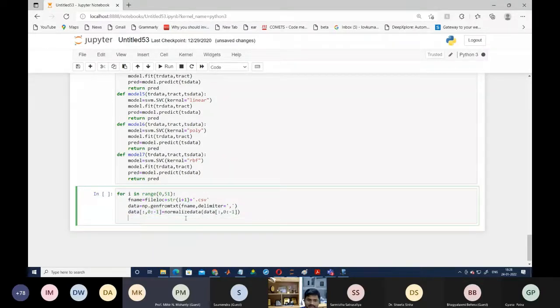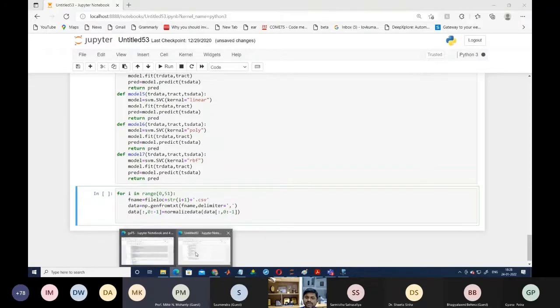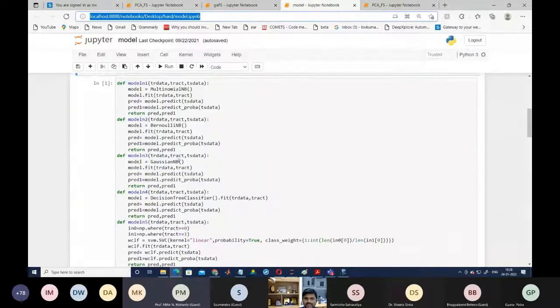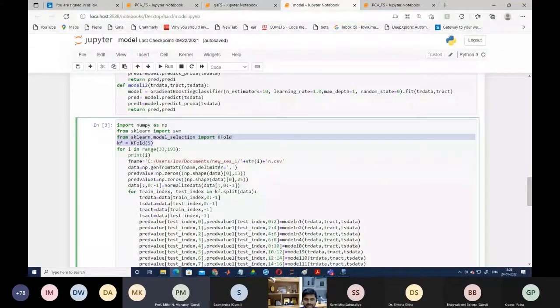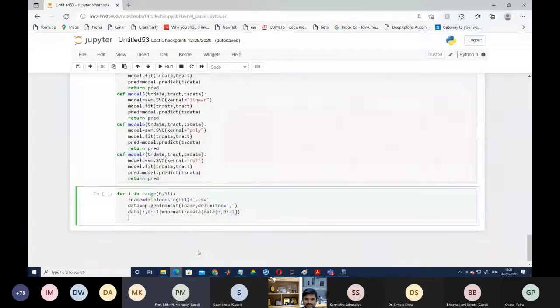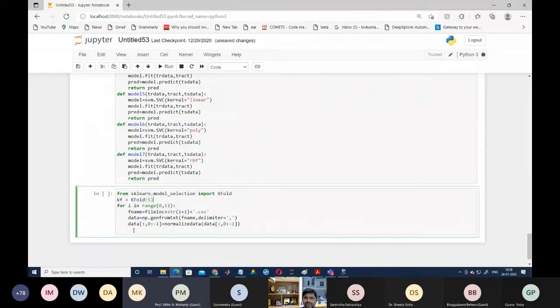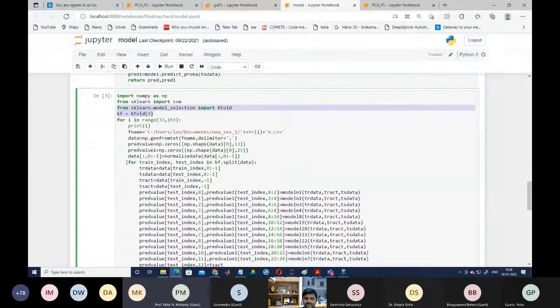After normalizing the data, we can use train and test, or you can also use cross validation, because in most cases we use cross validation. We are not using the training and testing split. So here it is better to use cross validation, and based on that we have to make the conclusion on which model is giving the better result. We are writing the k-fold cross validation, then we are finding our training data and testing data.